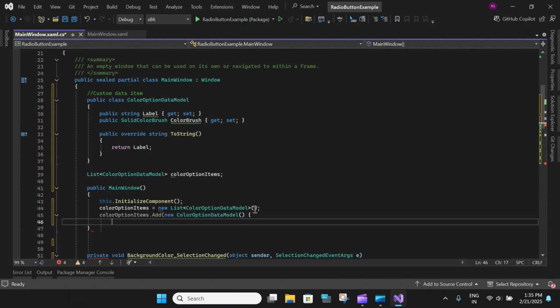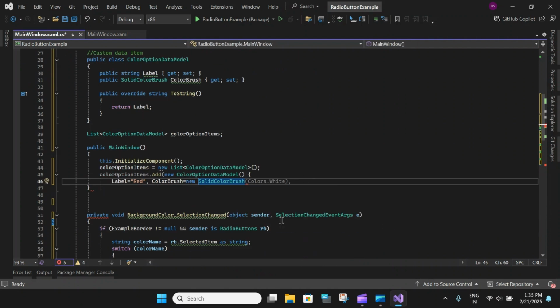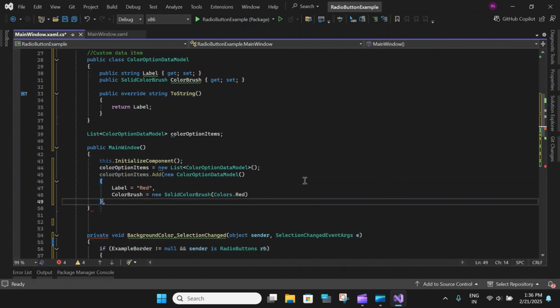And within this, let's set the property of label equal to red, and the color brush equal to new solid color brush, and set the value that we have here. Let's say do this and set it to red. So we have our first button and first color ready. Close this and close our